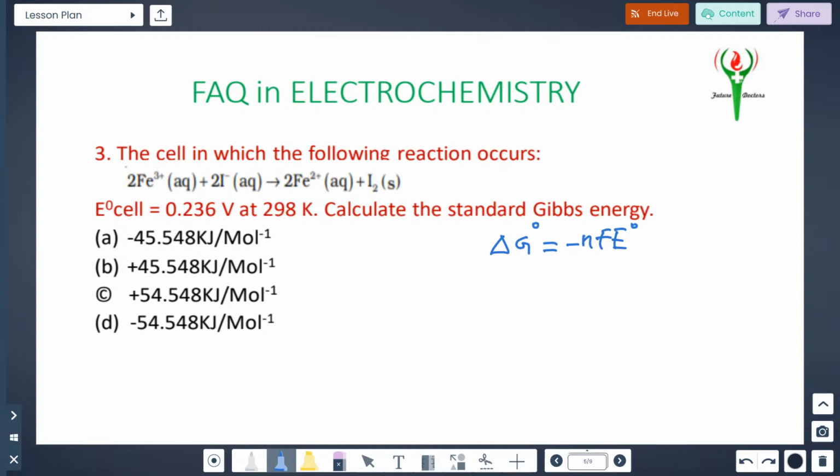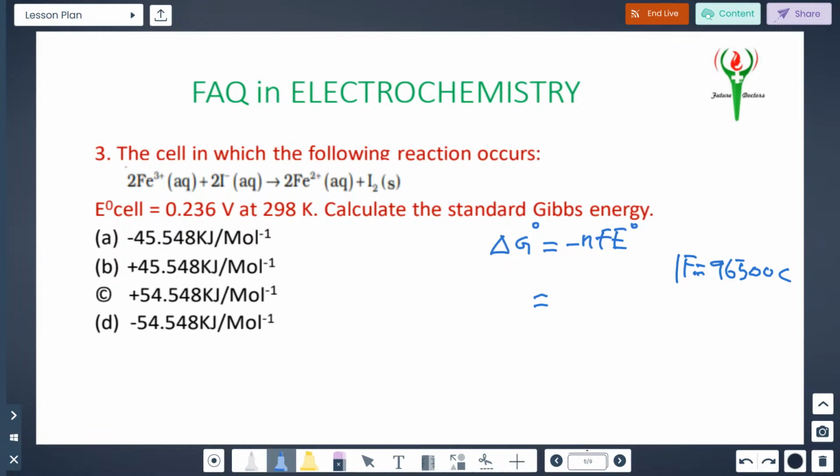Here, what is n? Number of electrons transferred. What is F? Faraday. You know that 1 Faraday is equal to 96,500 Coulomb. E0 is given. So if you substitute all the values, we can get the answer. Then what is n? n is nothing but